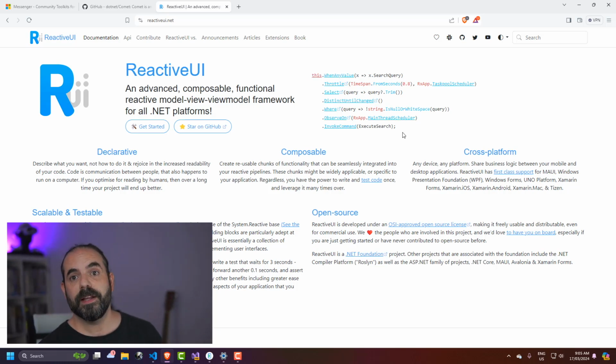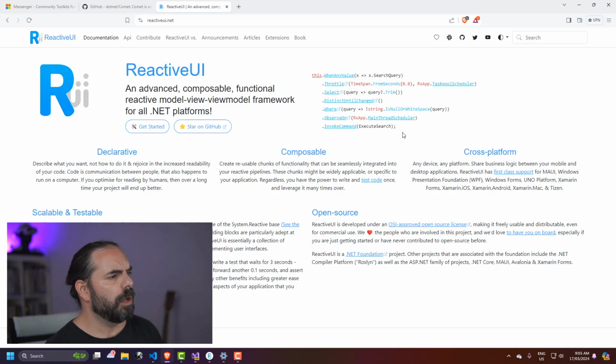Now, a lot of people love that. That's actually a benefit for most people, but I don't want to do that. I want to stay in the comfort and safety of my MVVM home that I'm familiar with. They also say it's composable, but this isn't that composable to me. I find it kind of hard to read, hard to compose. I find it much easier to just stick with my view models and just add bits and pieces as and